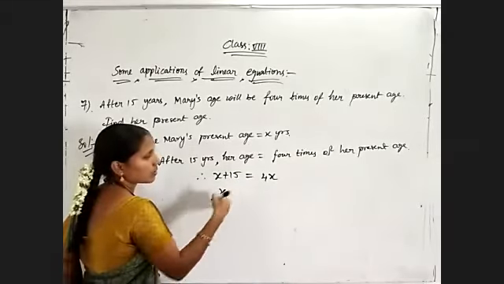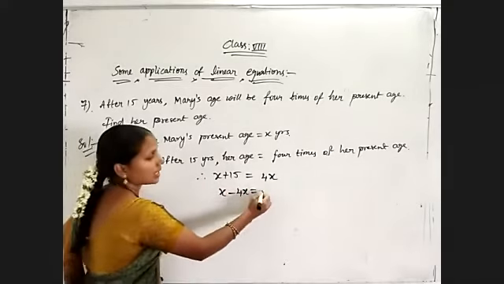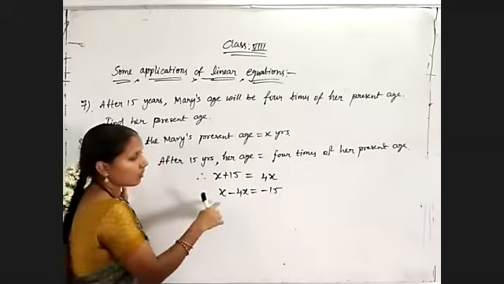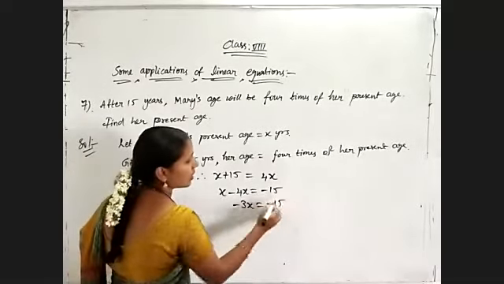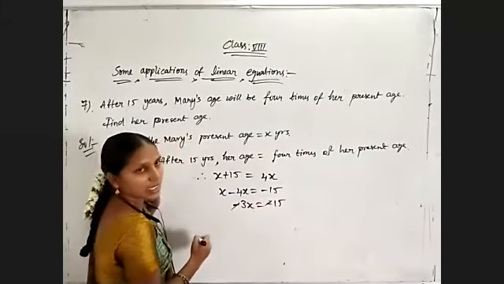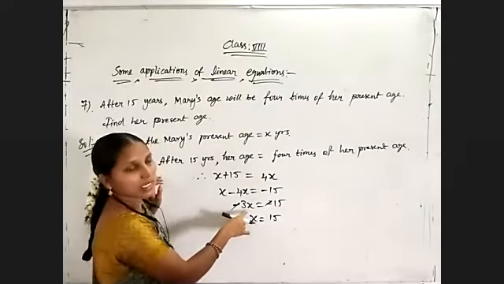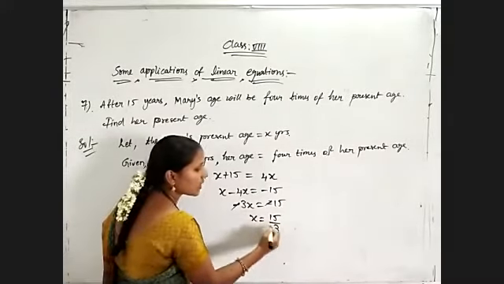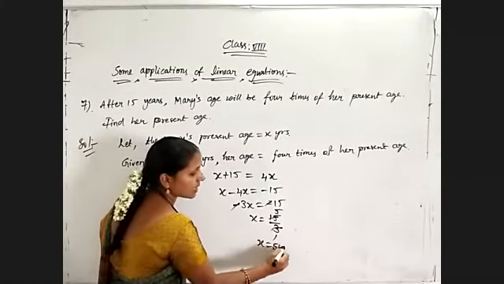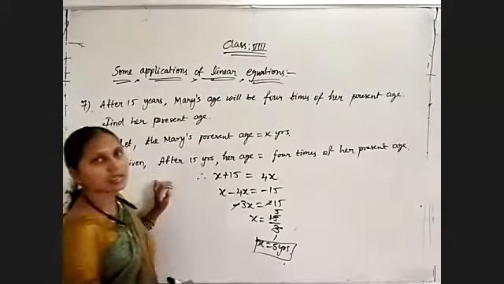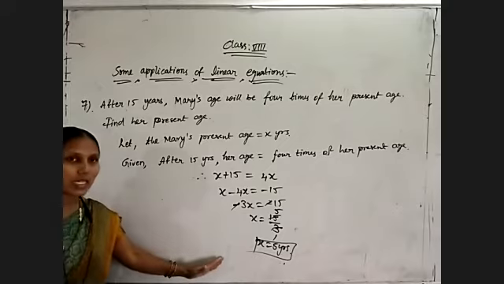Now x plus 4x: by bringing this side, minus 4x, which is equal to plus 15; by transposing to the other side, it will become minus 15. So now 1 minus 4, that is minus 3x is equal to minus 15. Both sides have minus, so minus minus will get cancelled. Now x will be equal to 15 on the right side. 3 is in multiplication; by transposing to the other side, it will become divided by 3. 3 ones are 3, 3 fives are 15. So x is equal to 5 years. What is Mary's present age? 5 years. That's all, a very simple question. By taking the linear equation, we are simplifying in the easiest way.